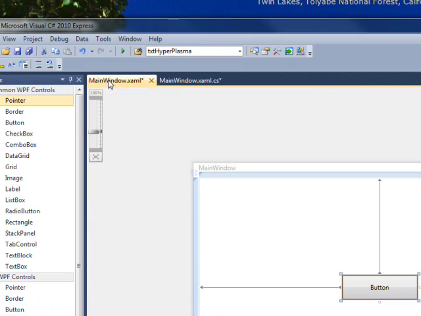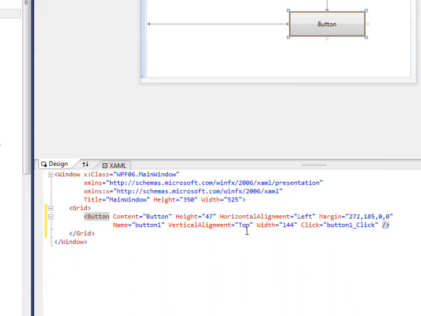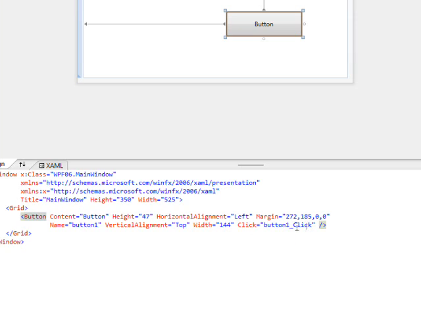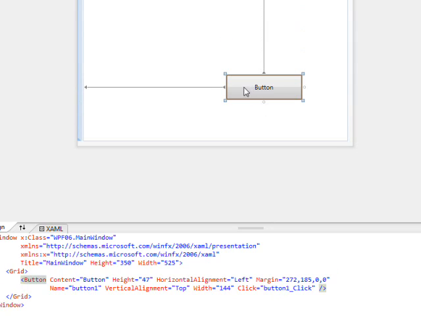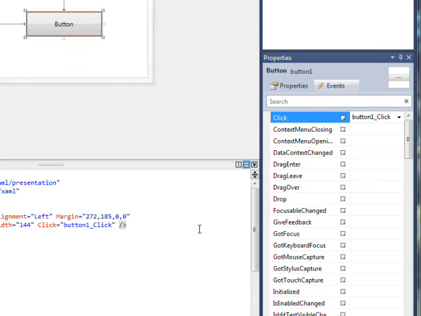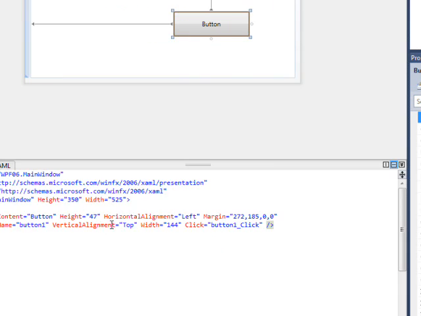And we also have changed the attributes once again to add a click with the code behind event handler referenced. So one is the designer view, two is the properties, and then of course the other is